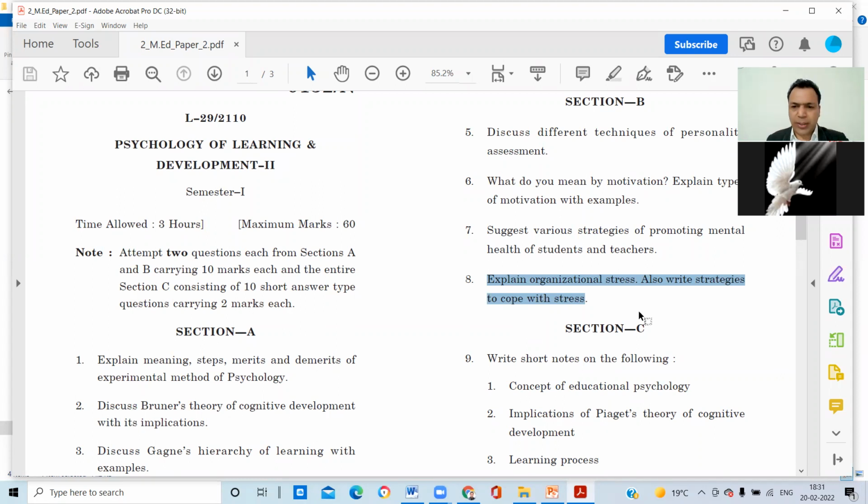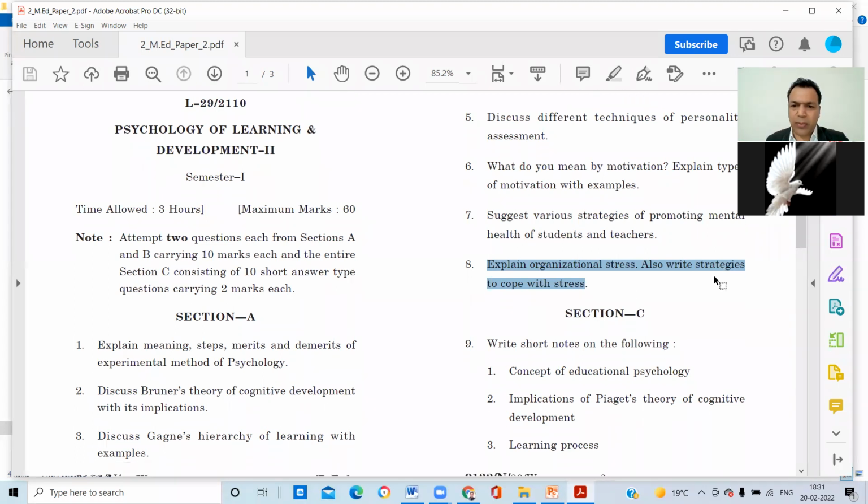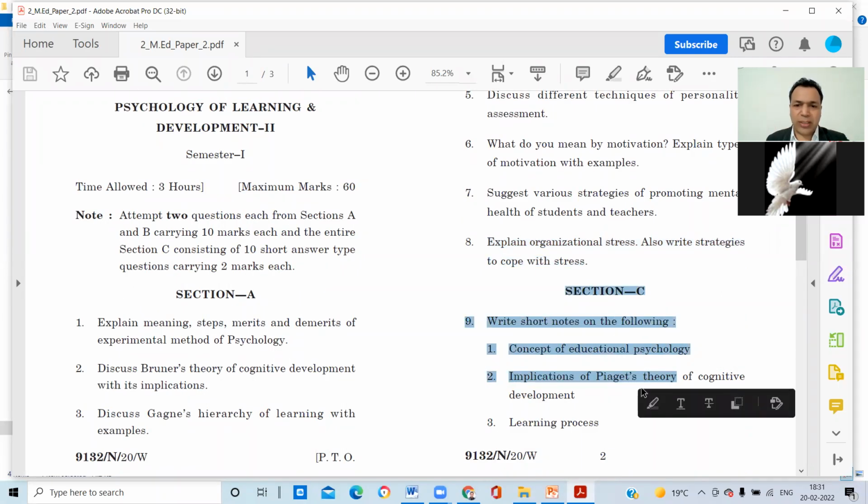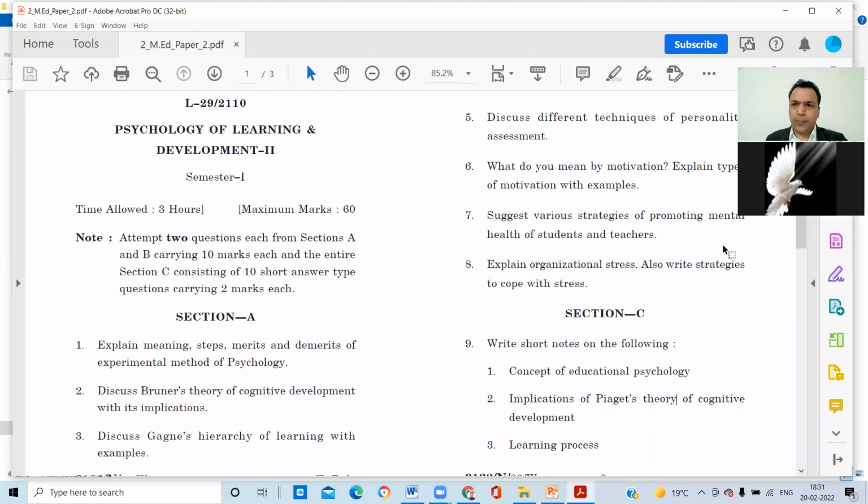So these 8 questions. Okay, I don't go for the ninth question, because in the ninth question, section C, there are short 10 questions now. So if you attempt all the 10 questions, then it makes one long question. So it would be better, out of 8 questions you have to attempt 4 questions. Okay, right guys? So I directly open my PDF file of